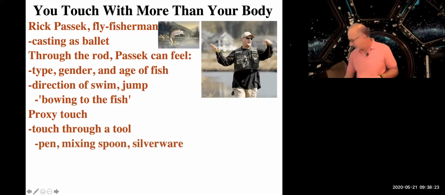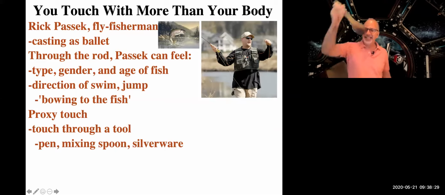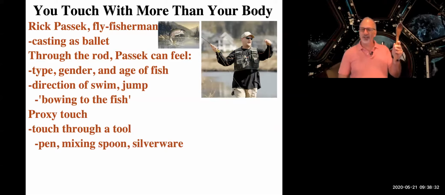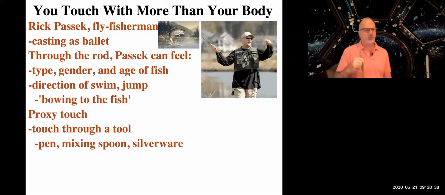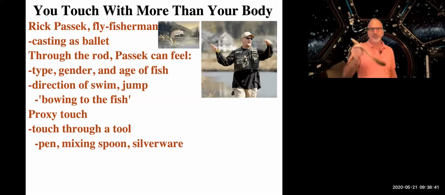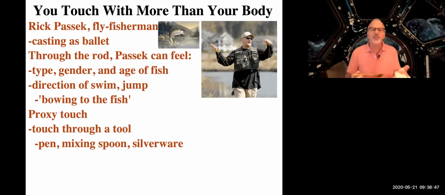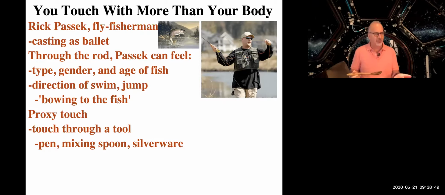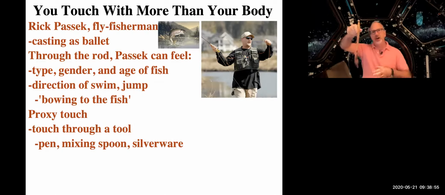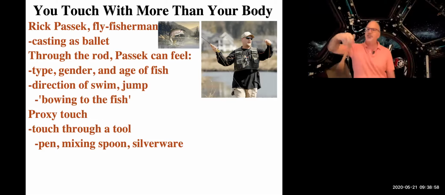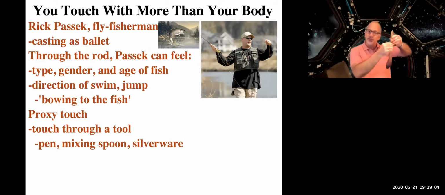What else? Mixing. Okay, so this is the great thing. One of the great things about remote teaching is I have tools. And here's a great tool you probably have in your house somewhere. It's a simple tool, but it is a tool we use when we're mixing soups or mixing some sort of stew or something like that. Yes, you can tell how thick a soup is, for example, by looking at it to some degree. But more than that, you're able to tell the thickness of the soup by feeling the resistance of the soup against the spoon as you mix it. And that, of course, is going to be conveyed through the mechanical vibrations of the spoon itself